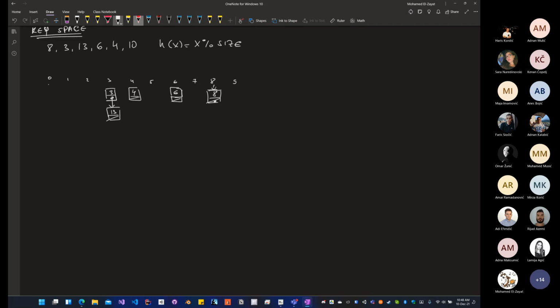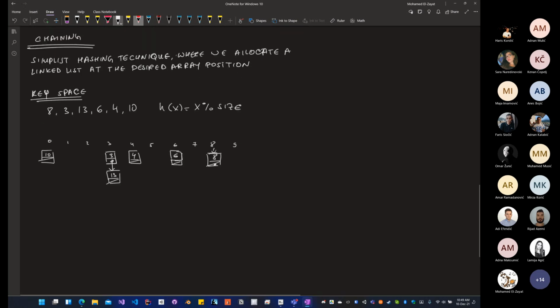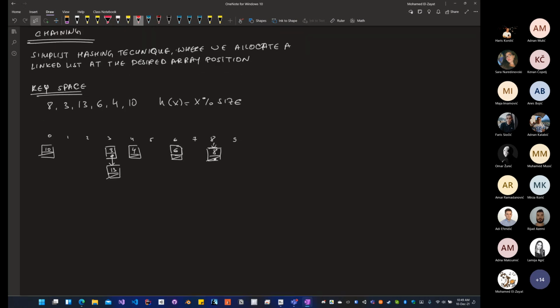And 10 is going to be at 0, so it's going to be right here. Okay. So this is how we can be inserting using the chaining method. So what we do here is we say, okay, I would like to retrieve, let's say 4,